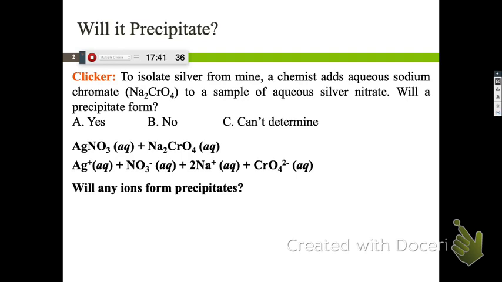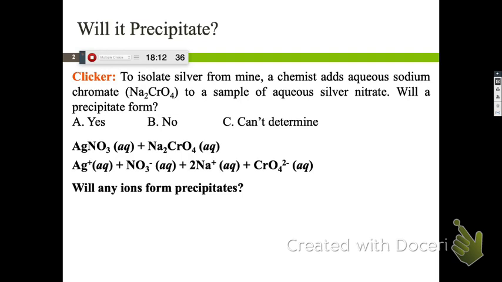So the reason I wanted you to write out all the ions separate is because you're going to ask yourself, if a silver runs into nitrate, is that going to keep going or not? It's going to keep going. We know that because this is aqueous, and on the table it's a white square. If the silver runs into a sodium, is it going to keep going or not? Yeah. Two positively charged ions are not going to form an ionic compound.